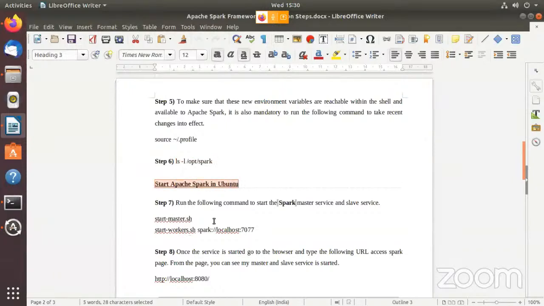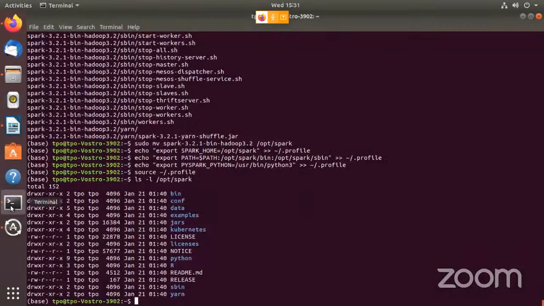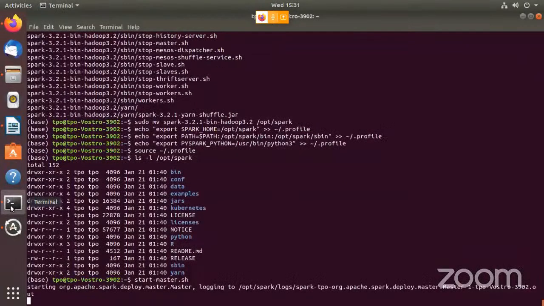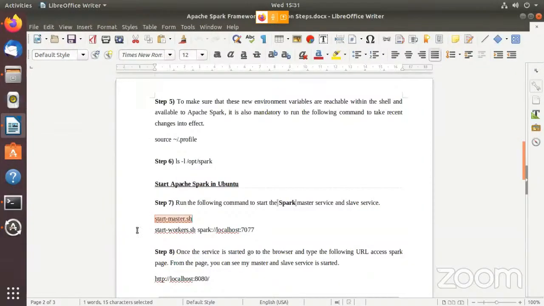Yes, for using Apache Spark on your Ubuntu, we need to start the master and worker services. So to start the master service, the command is start-master.sh. Then you start it. Again, it takes some time. And after that, for workers,